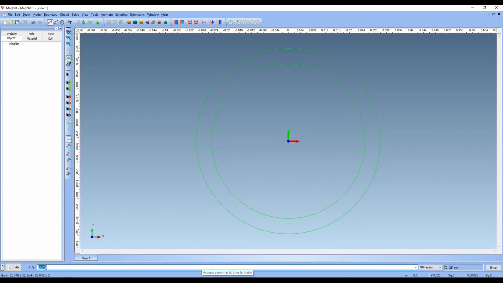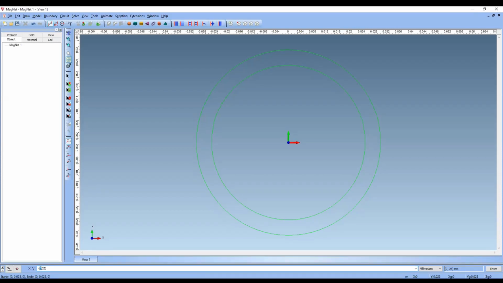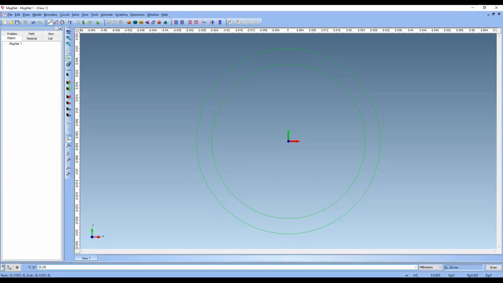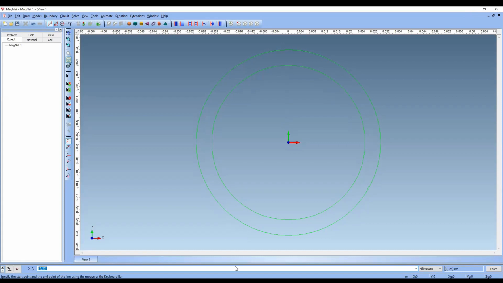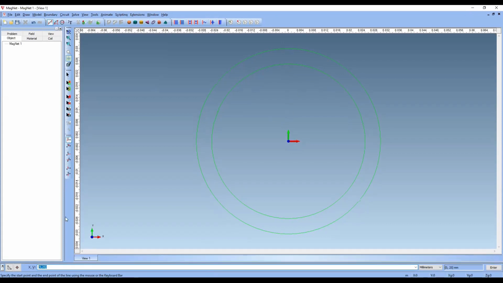Now for the x-axis I will give some +5. Oh, I think I have made a mistake. So now I want to specify my point. I will choose the x-axis as 5 and this as 35. So this is my starting point.